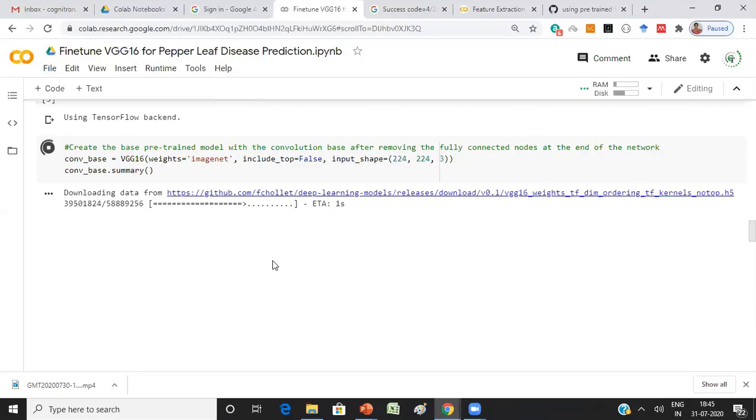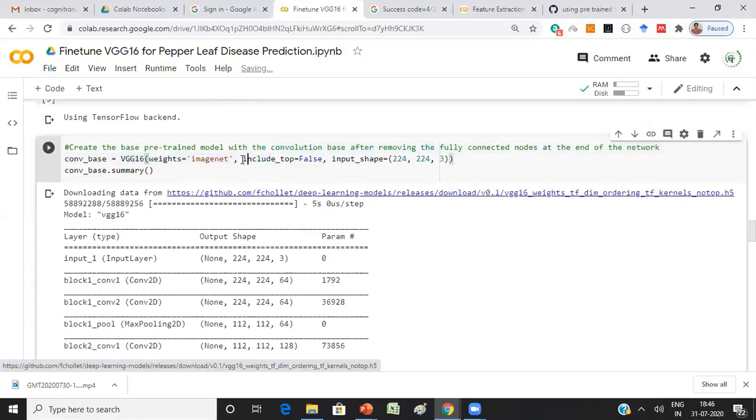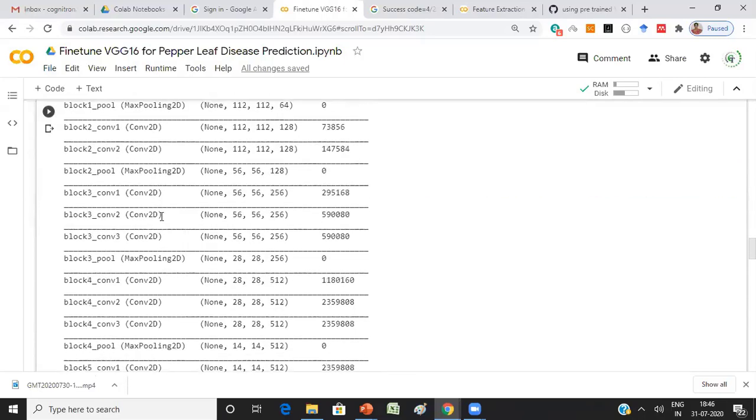Here we said we don't want the dense layers, and that's the meaning of this argument, include top equal to false. That means I want only the convolutional layers from the VGG16 model, and I'm copying that model to the variable convolution base and visualizing the model architecture. Now you can see how the model is.